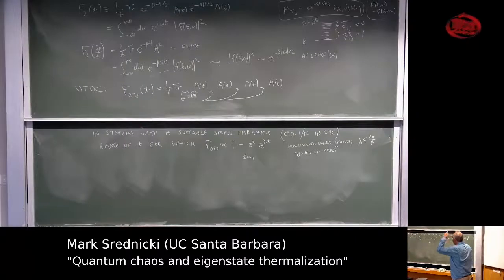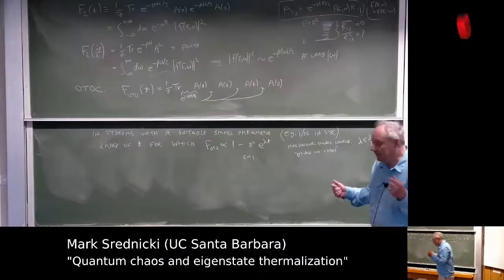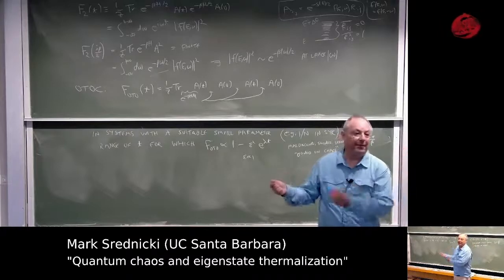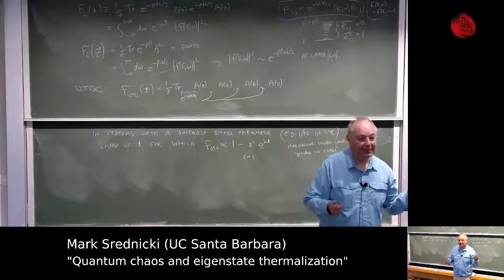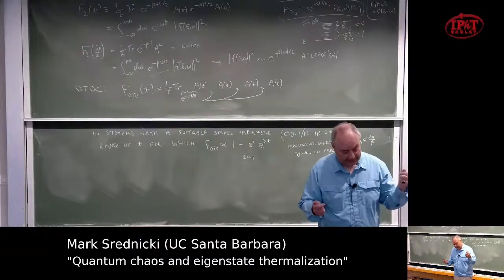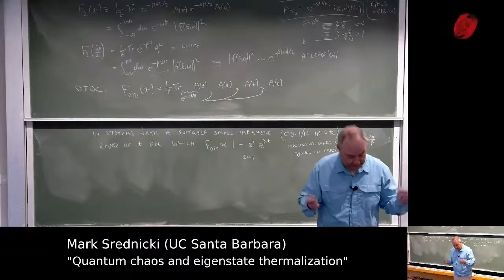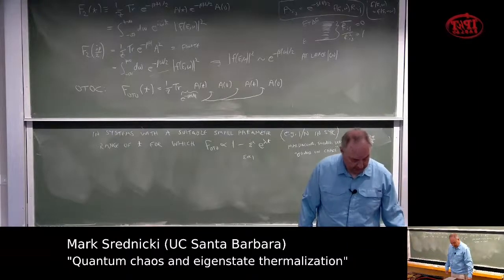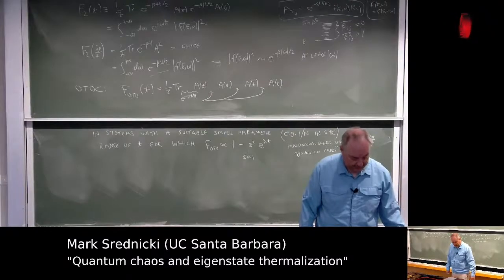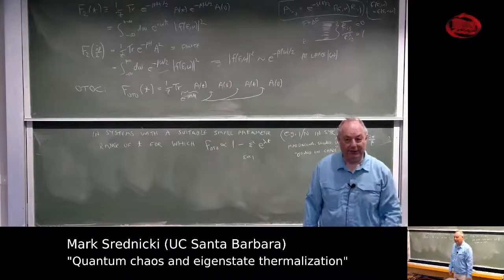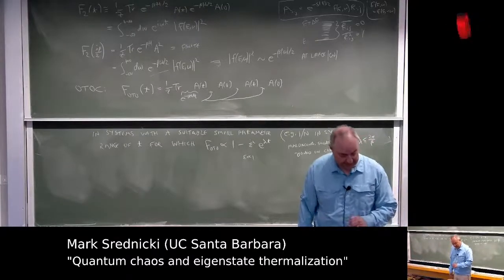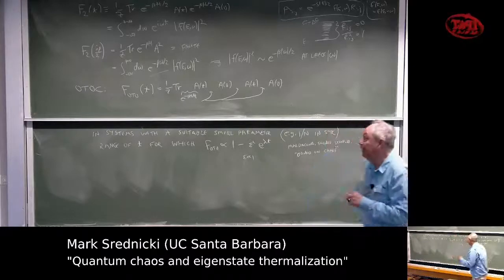because they called it a bound on chaos, and I thought, well, to me, chaos means the ETH ansatz for matrix elements, and so I should be able to derive this bound from the ETH ansatz for matrix elements. And I tried to do that, but I couldn't do it. And so that was annoying. But finally, Laura Follini, who's here, and Jorge Kirchen wrote a very nice paper in which they explained